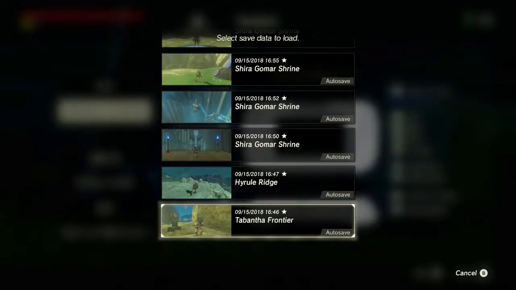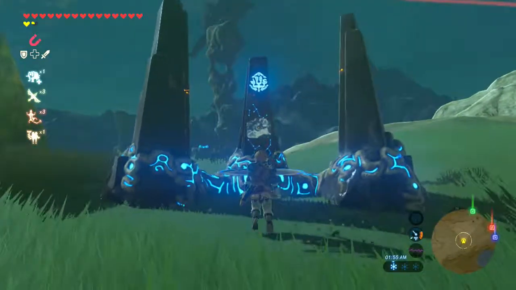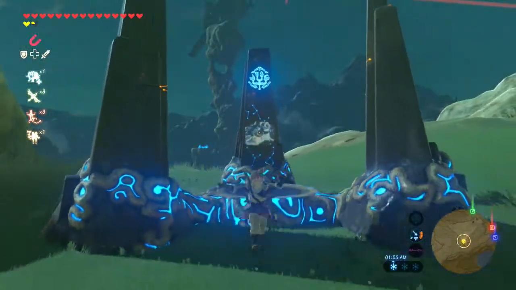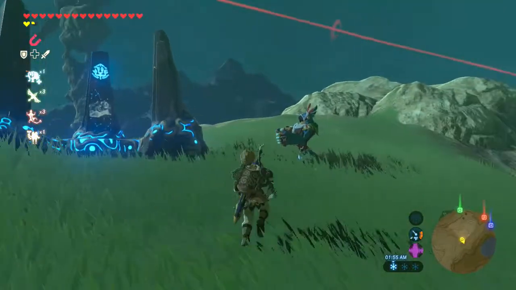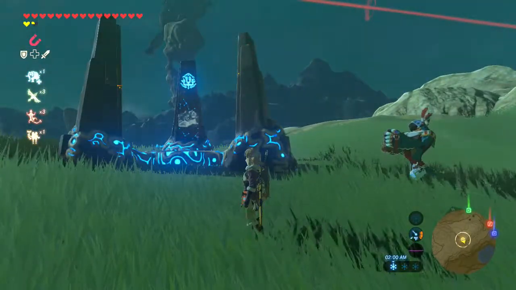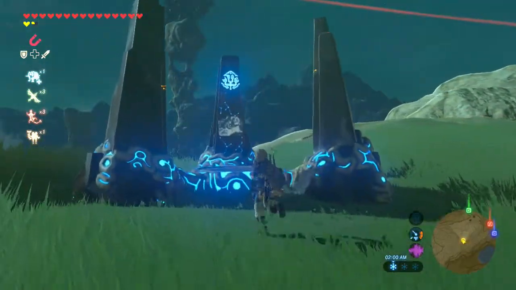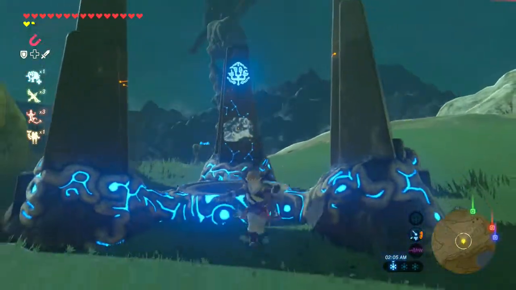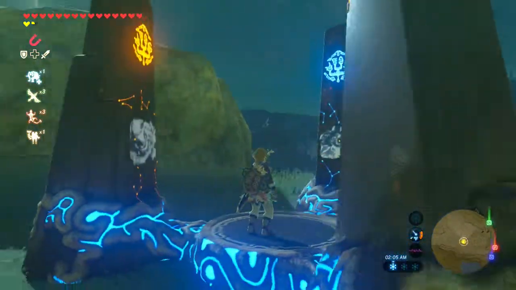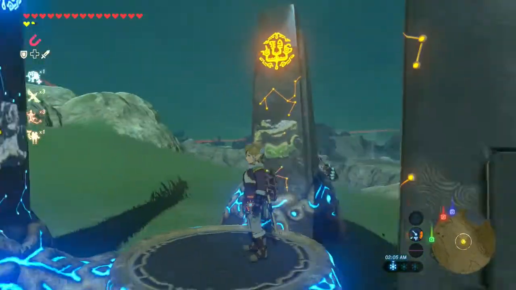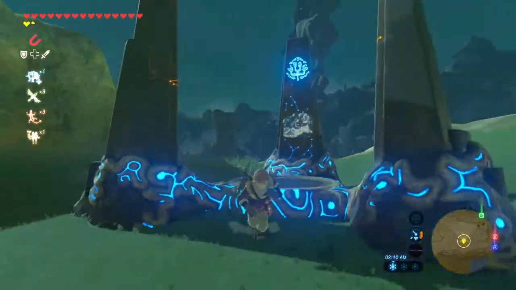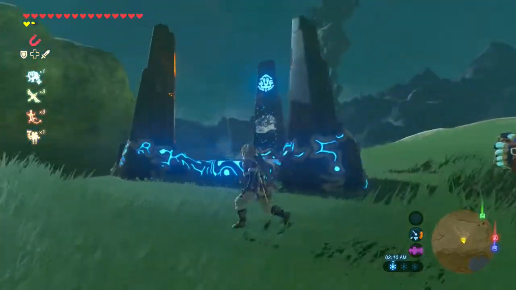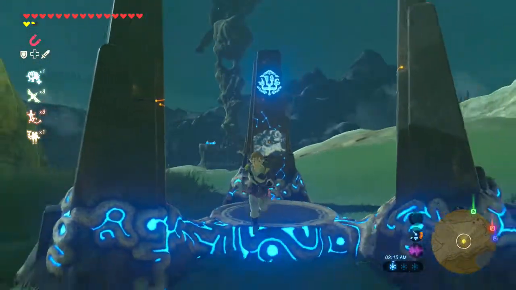So there's that, and I also auto-saved all the way down here, after I completed one of the important shrines that I needed to do for this. So autosaving is also an issue, but honestly, I'm not too mad about this, because I can go back through the shrine. It won't necessarily be the same, but I can go through the shrine and kind of run you through the motions. And getting to this area was relatively unchanged from the Zora's Domain one. So there's that.